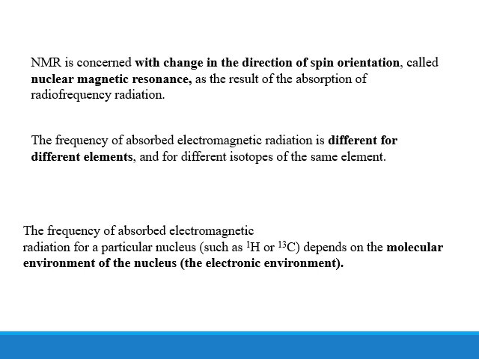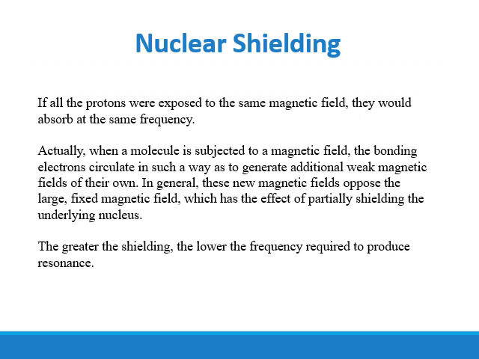The frequency of absorbed electromagnetic radiation is different for different elements and for different isotopes of the same element. The frequency for a particular nucleus, such as proton and carbon, depends on the molecular environment of the nucleus. If all the protons were exposed to the same magnetic field, they would absorb at the same